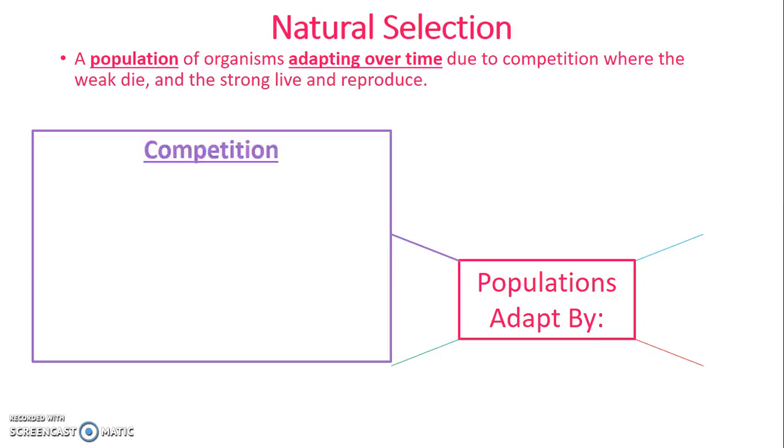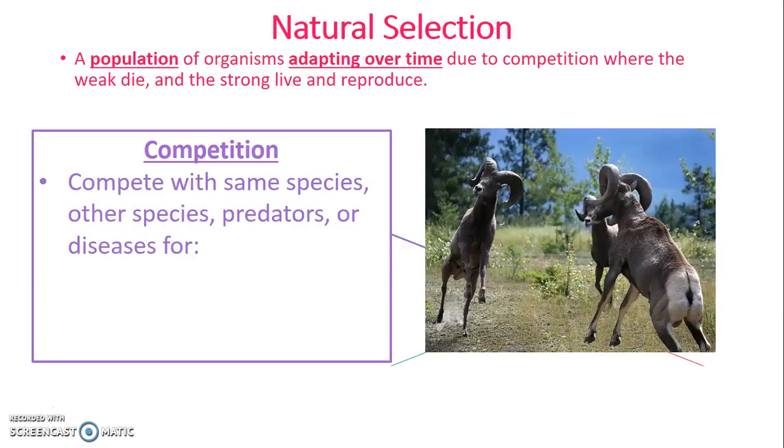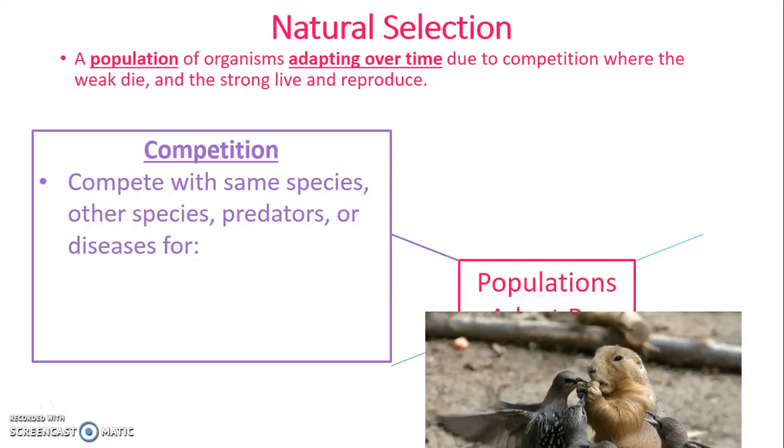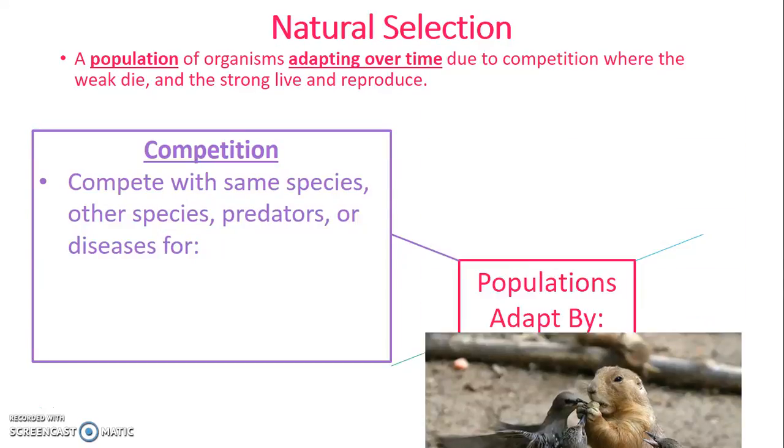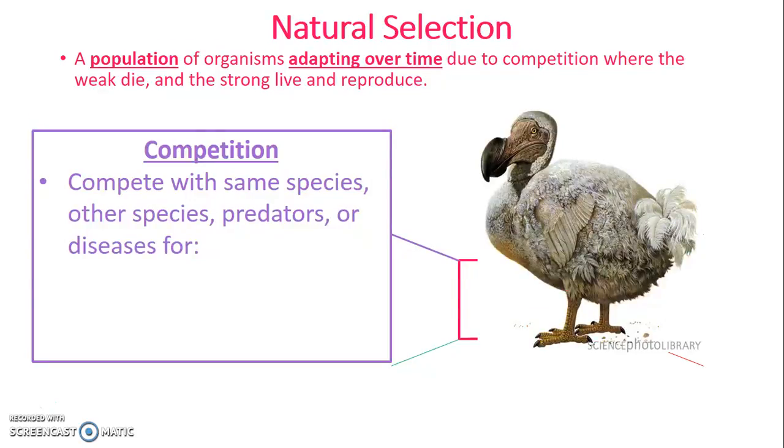So that was in our definition of natural selection. Competition can occur with the same species. So here we have some animals that are all of the same species fighting against each other. Maybe they're fighting for a mate. There can be competition with other species. So here we have this poor little guy that the birds are trying to take his food. It can be competition